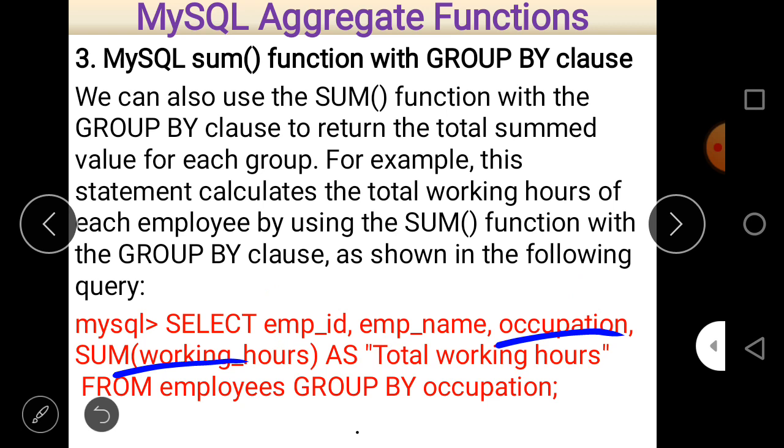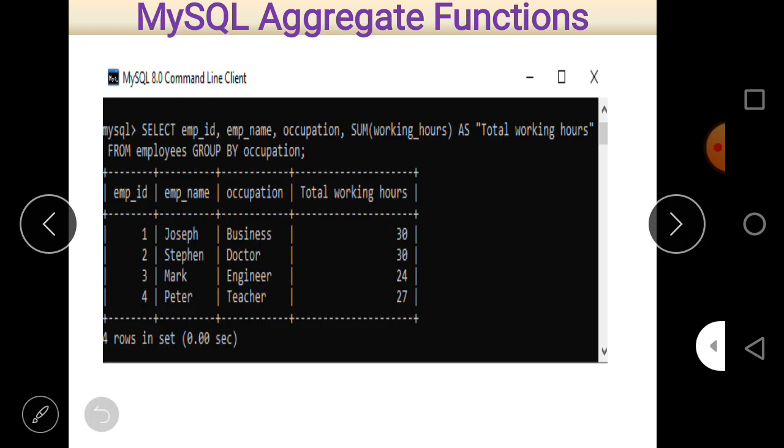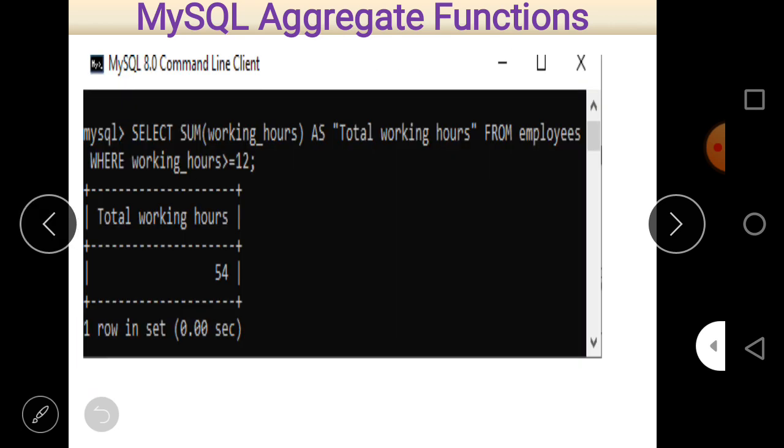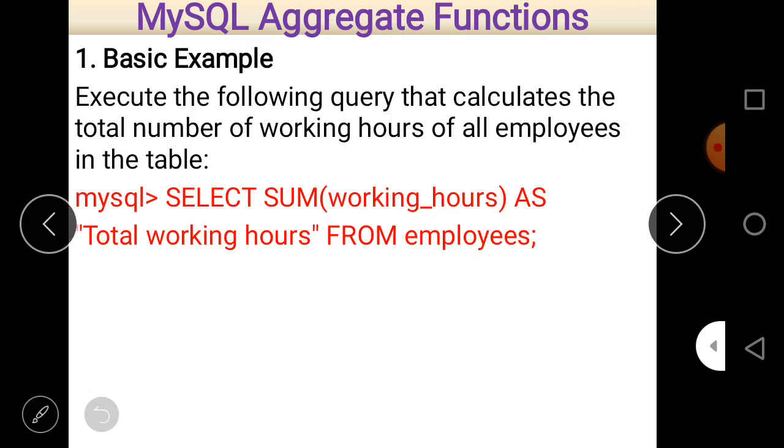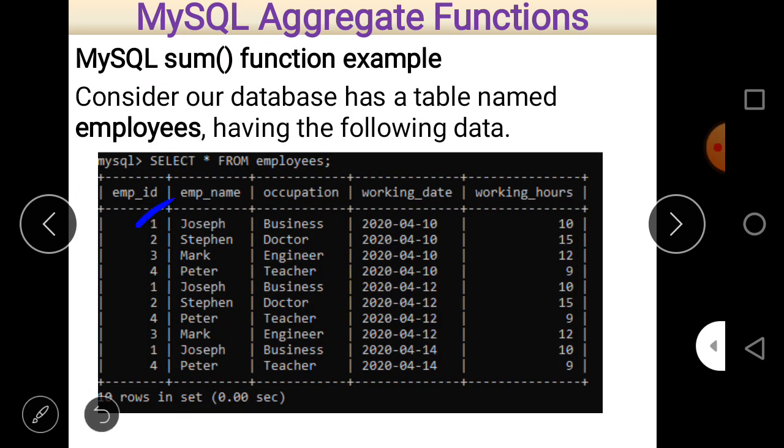If you select other fields with this, then there may be information lost regarding that field, as you can see here. Here you can see that employee ID is 1 and employee name is Joseph. So let us see that business main query: employee ID is 1, Joseph, for business, and you can see that one business Joseph is also there.